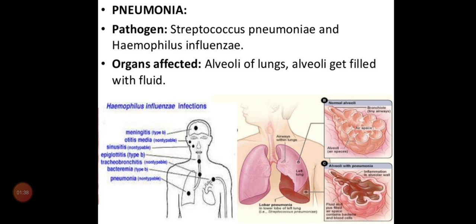Streptococcus pneumoniae is the first bacterium which will cause pneumonia infection in human beings. And the second is Haemophilus influenzae, which causes a fever that can be spread through bacteria. It is different from flu, F-L-U, which is spread by the influenza virus. So remember, pneumonia can be spread through bacteria, viruses and fungi. The examples for bacteria are Streptococcus pneumoniae and Haemophilus influenzae.